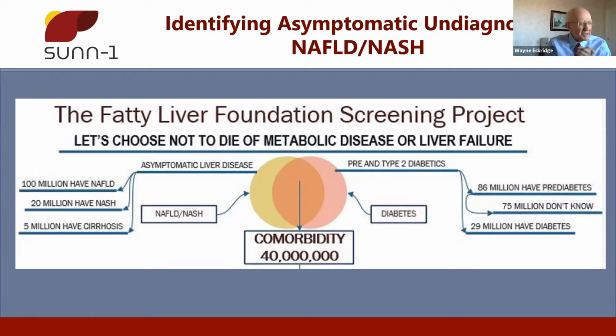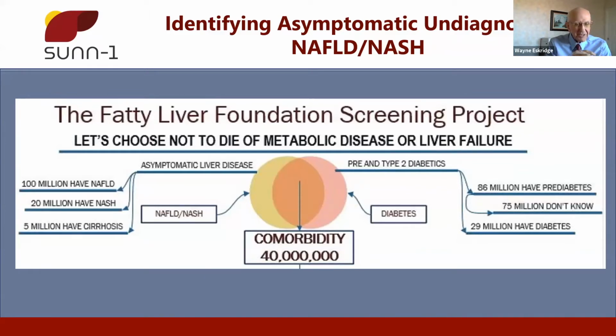We know there's 100 million people that have fatty liver disease. There's 85 million that have prediabetes. There's 29 million that have diabetes. These are treated in silos. You know, in medicine these days, things are so much siloed by organ. But when we think about liver disease, it's comorbid with so many other things that we choose to think about this at a person level.